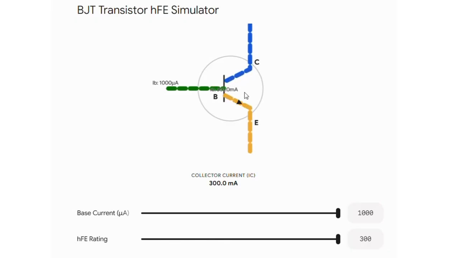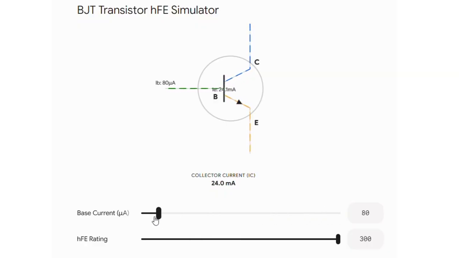Correspondingly, this also changes, that is emitter current. Emitter current will be the sum of these two currents. Collector current and base current together will be the emitter current. So this is an interesting demo or simulation of what happens. You can go the other way around also. So 0, very little